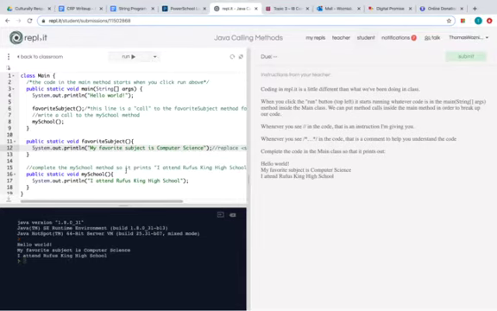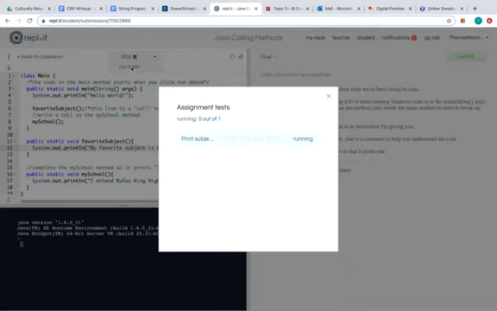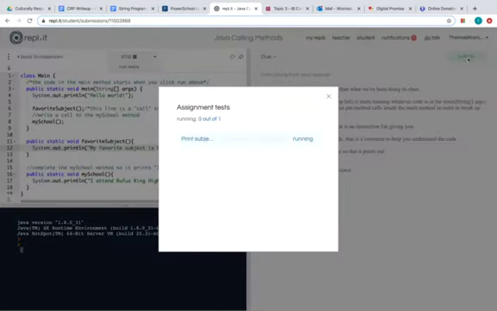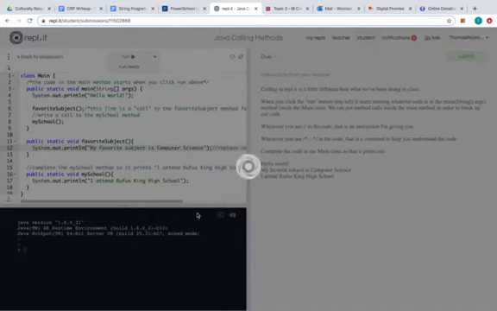It looks good to me, but I can always go here and run tests, and then it goes ahead and runs it against what I have. And it says print subject in school, passed all tests. So I'm going to go ahead and close that. If I passed all the tests, then I'm going to go ahead and submit it. It says I passed it again. So when I submit this,